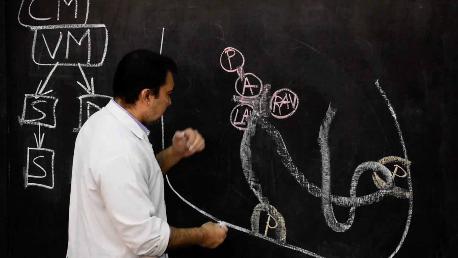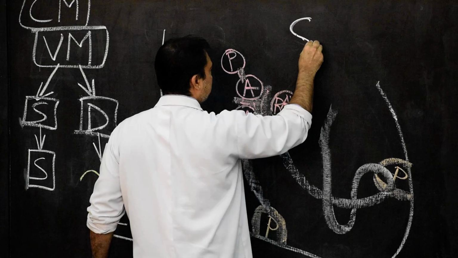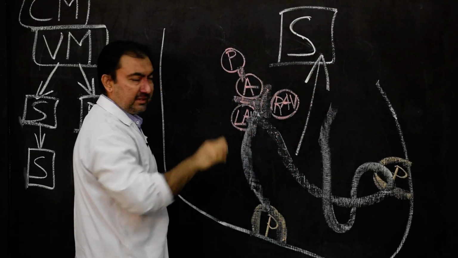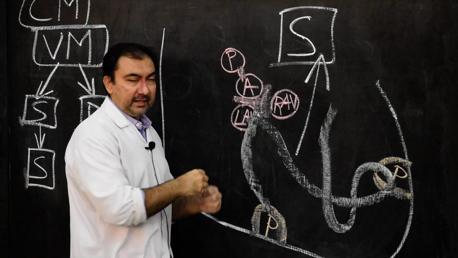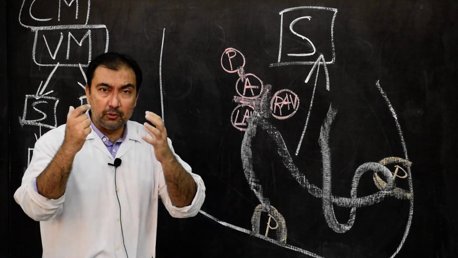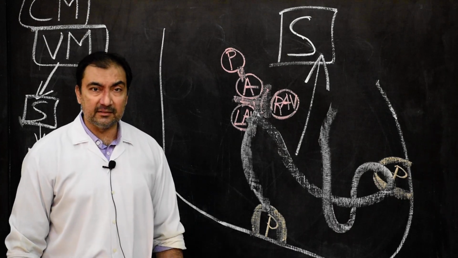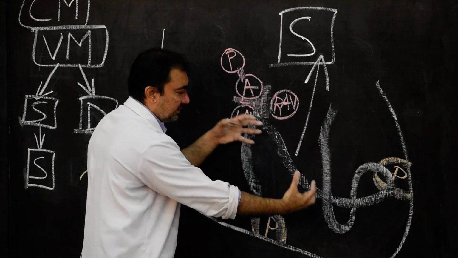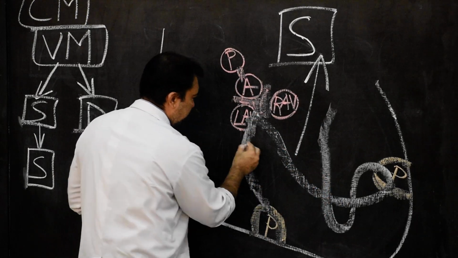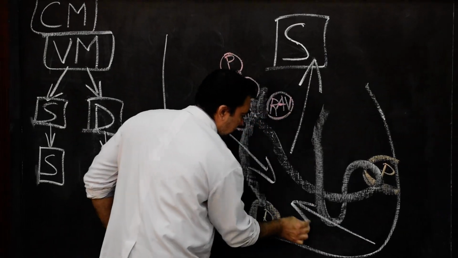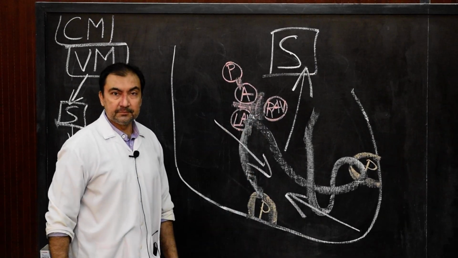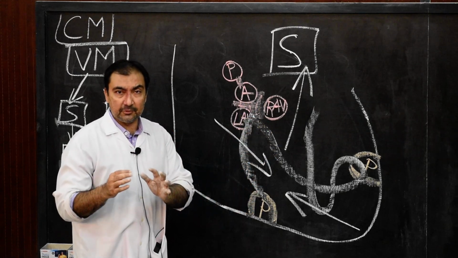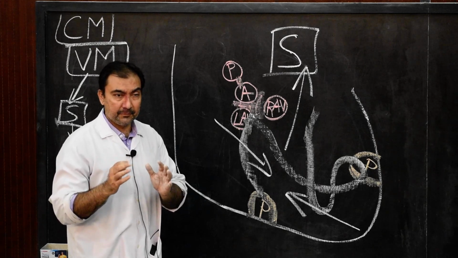As a result of this spiral arrangement, if you simply mark it as the spiral group of muscles, when they contract, they will reduce the longitudinal diameter of the ventricles. This is very important. When the spiral group of muscles contract, they will reduce the longitudinal diameter, that means this diameter of the ventricle. That is the role of the spiral group of muscles, which are the superficial ventricular muscles.